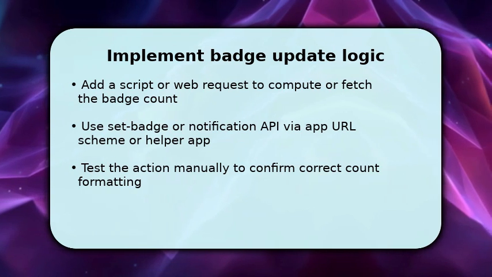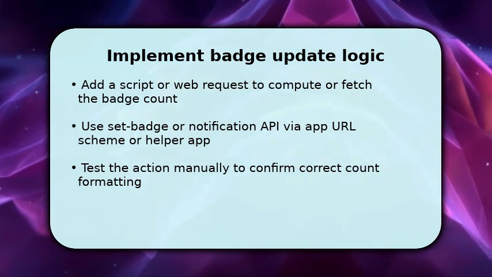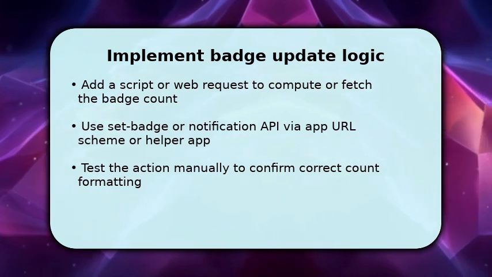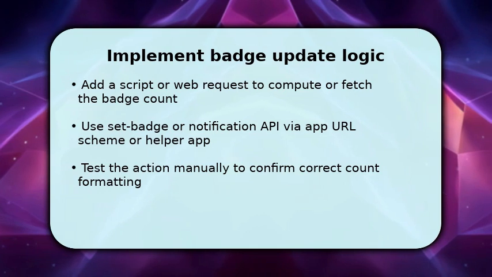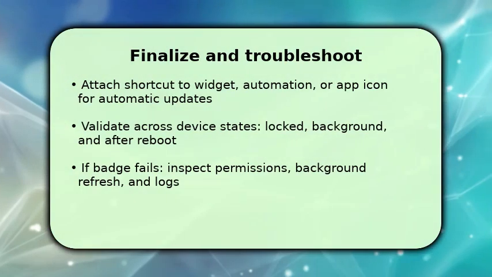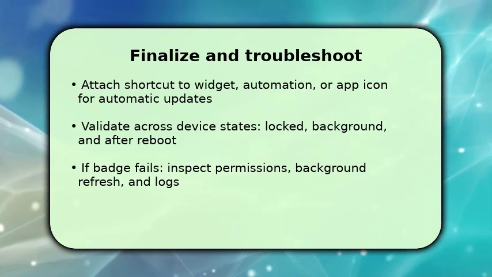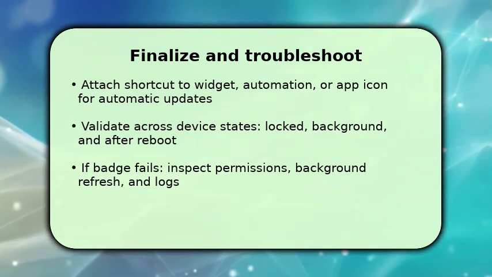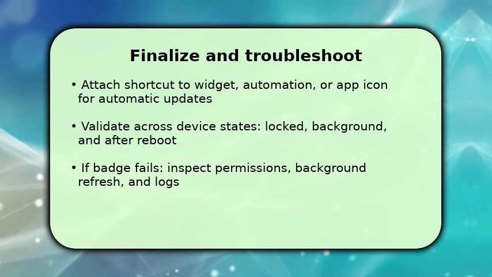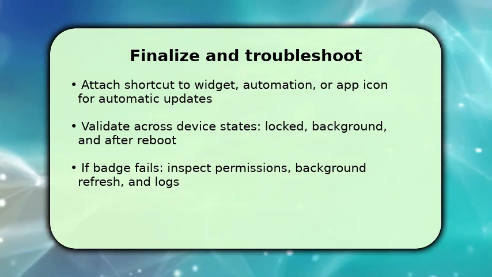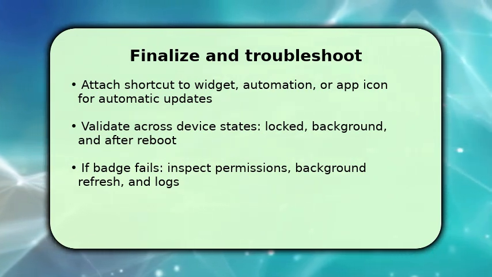Once wired, test manually so you see the count applied in real time. Adjust formatting and edge cases so 0, null, and negative values behave predictably. Finish by connecting the shortcut to an automation, widget, or the app icon so the badge updates automatically when events occur. Once configured, validate behavior while the device is locked in background and after a reboot because OS restrictions can